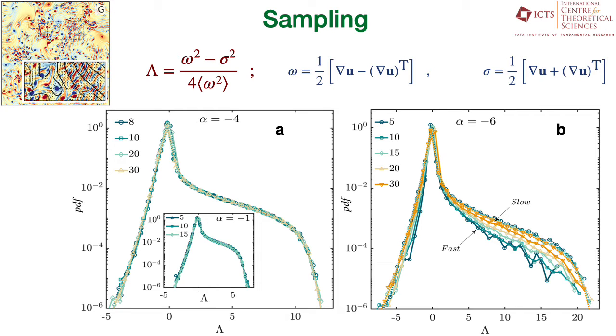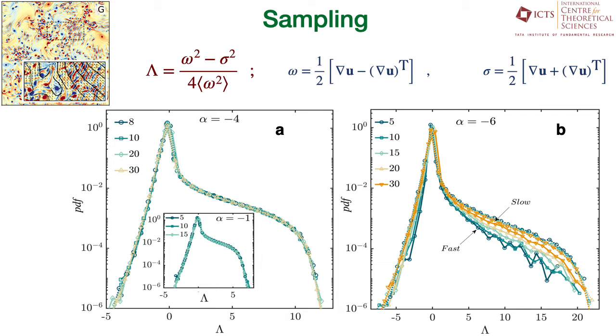Here, sigma and omega are the symmetric and the antisymmetric parts of the velocity gradient tensor. Omega is the vorticity, which is a measure of the rate of rotation, whereas sigma is a measure of the rate of stretching component of the flow. Then by definition, a large positive value for lambda will mean that we are in a vortical region of the